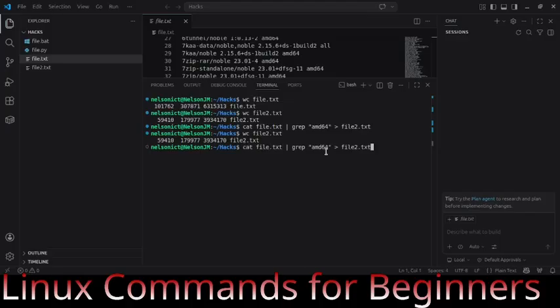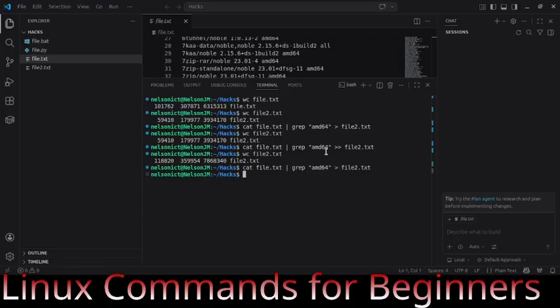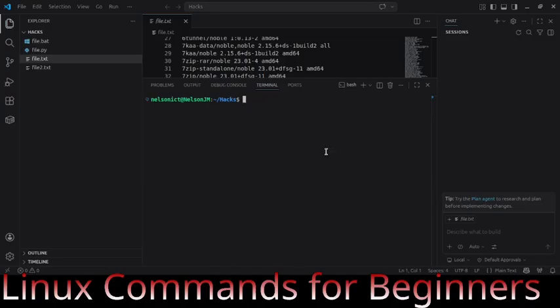But if I add another greater than sign, this will continue from where it stopped. It starts from the last line, and that means that what I have now is a duplicate file. That is not what I want, because the information doesn't need to be duplicated. So this is what we have. So we have learned about